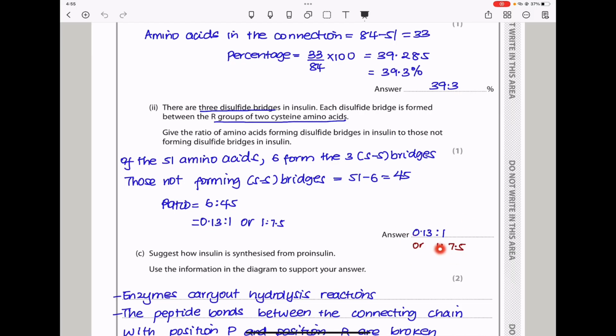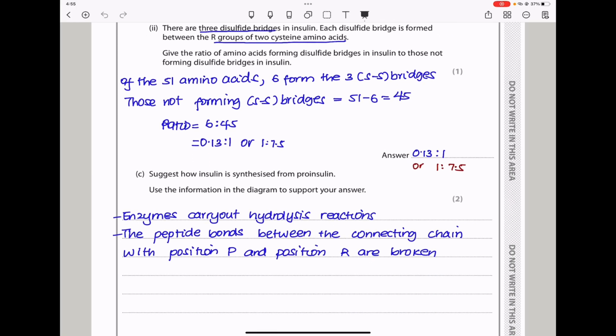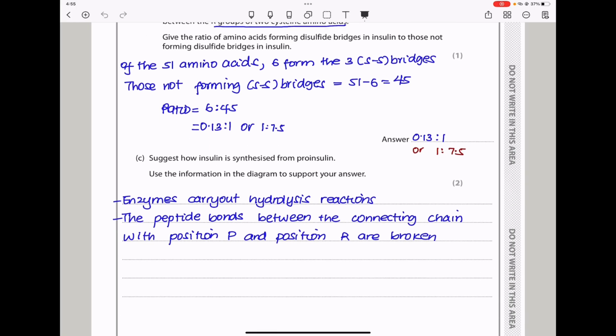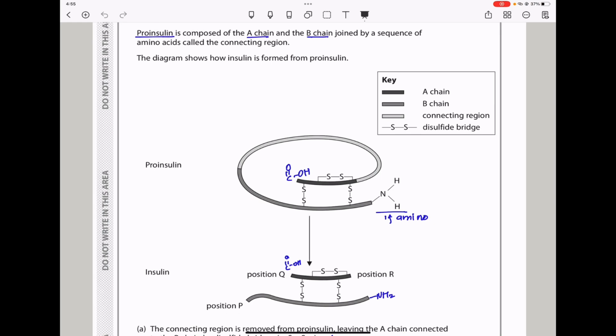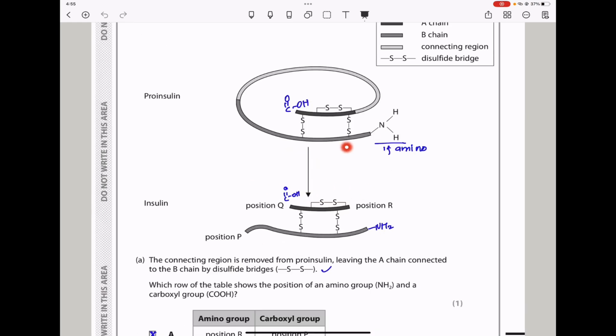So either this would be a correct answer. Then down here, suggest how insulin is synthesized from proinsulin, and then use the information in the diagram to support your answer. If we go back here, making insulin from proinsulin, since we cut out the connecting region, which is composed of many amino acids,